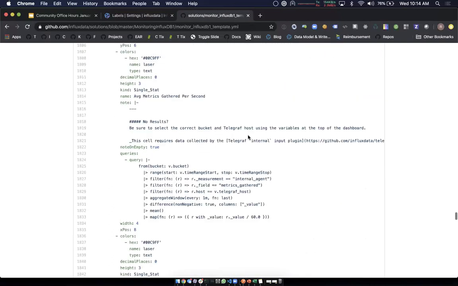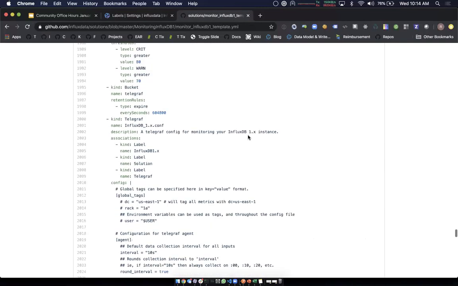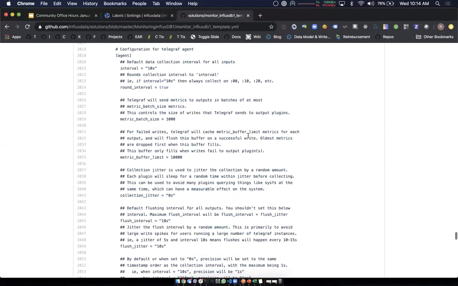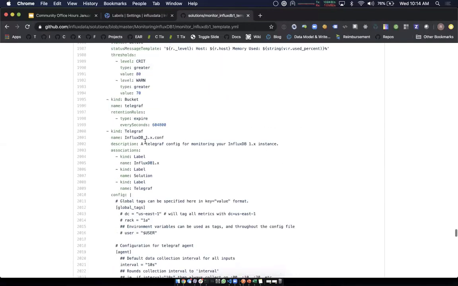And one last thing I want to show here, and this is a capability that we haven't really had before. So another new capability here. You'll notice one of the kinds is a Telegraf configuration. You've always been able to build out Telegraf configurations in 2.0 and host them and actually bring them into Telegraf. But